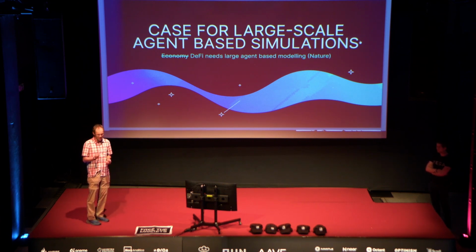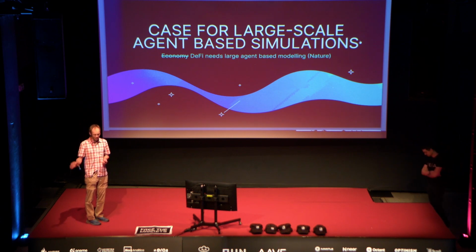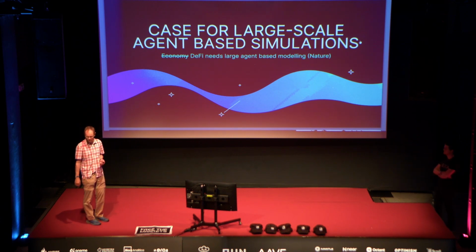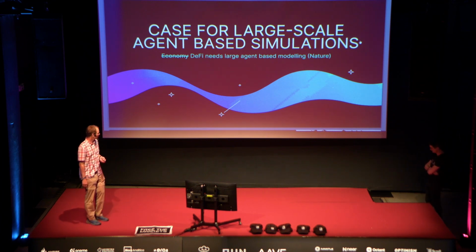In DeFi, we have the massive advantage of everything actually being code. If I want to simulate Uniswap, Aave, whatever, I can take something like Ganache or Hardhat, get the contracts in and start pumping simulations through this, being only limited by the speed of execution. Maybe I need to do some optimizations, maybe I need to do something clever, but at least I have the code. So in DeFi, we have this huge advantage, and we should be making use of it to understand